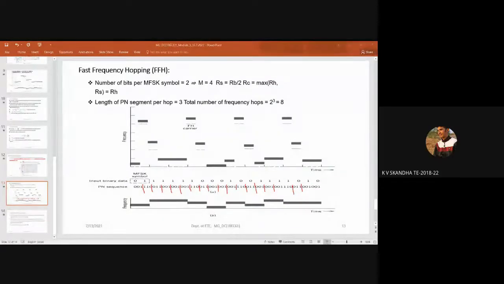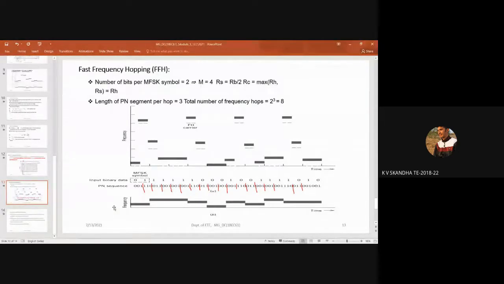Sir, how 3 hops, sir? I did not understand. Only 2 hops are there, no, sir? For example, the first symbol 0, 1 has FC1 plus F1, and one more is FC6 plus F1. So the first block and second block in the graph are matching. But the third one, its symbol is 1, 1, sir. 1, 1 means F3, so FC3 plus F3. Each message symbol is hopping only 2 times, no, sir. How 3 times? I did not understand, sir. One minute, I will find out.